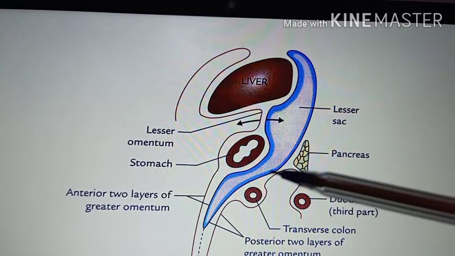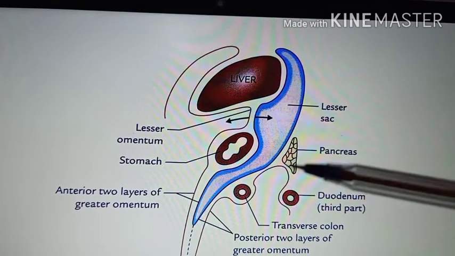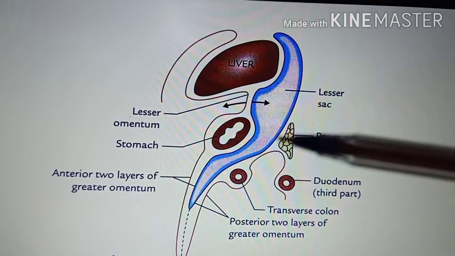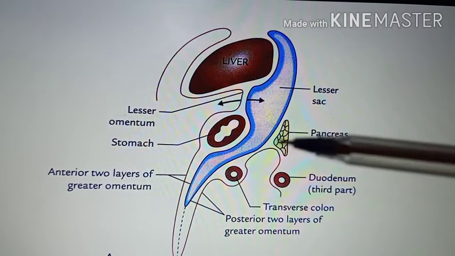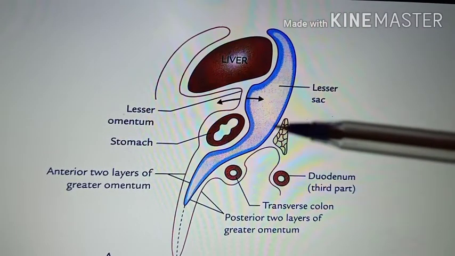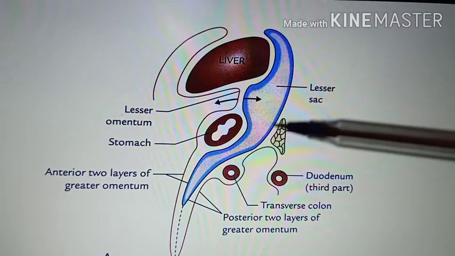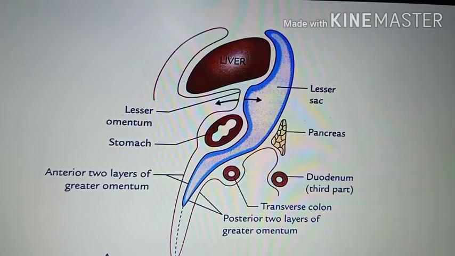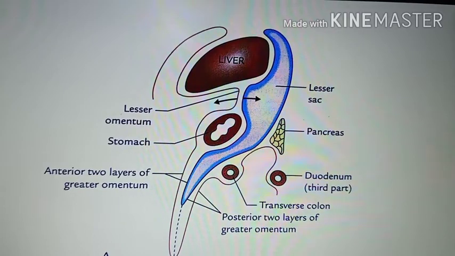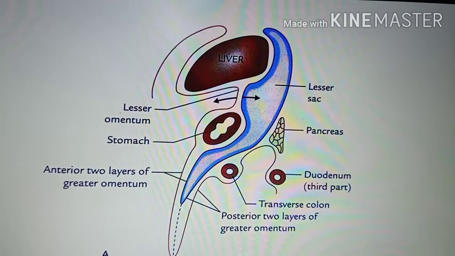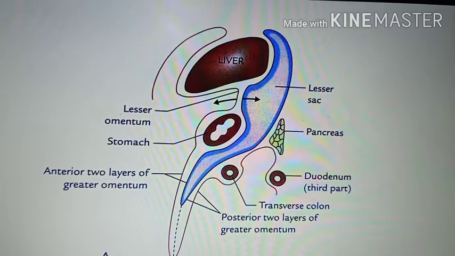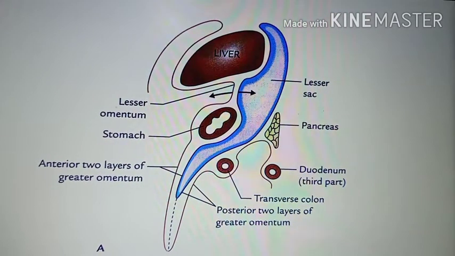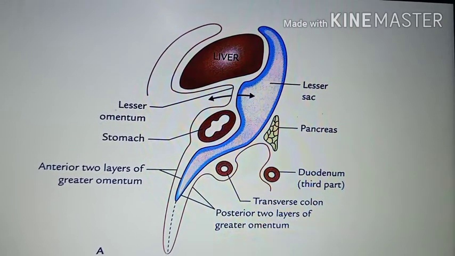Then the structures which are forming the stomach bed except the spleen. The other structures which form the stomach bed, what you can see is the pancreas. Here it is the anterior surface of the body of pancreas. Then you are having the part of left suprarenal gland and left kidney. Then splenic and celiac vessels. Then the undersurface of diaphragm including its left crus. Those structures you are not able to see in this diagram.